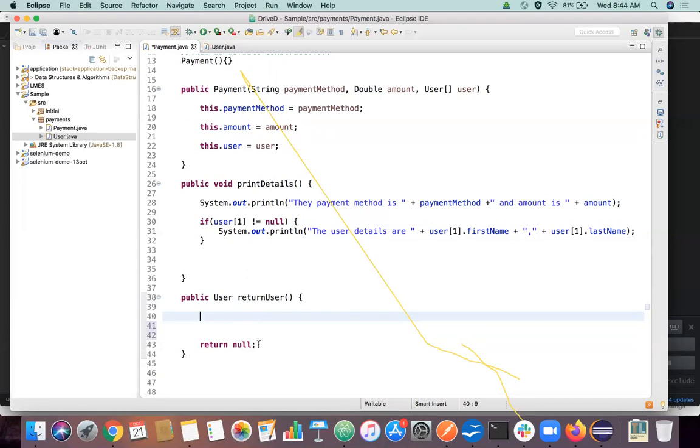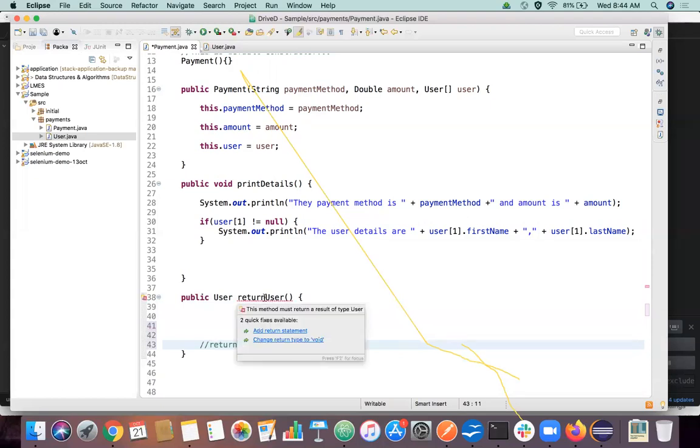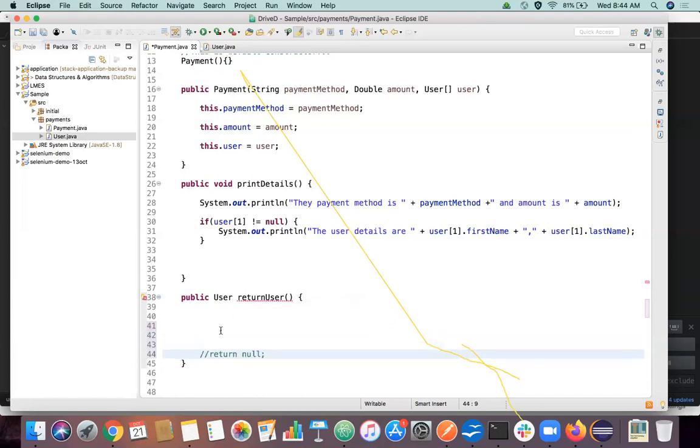We are returning null just to remove the error temporarily, because if we put a comment on this statement, it will throw some error. Let's say this return null is not there, right? We have to return something here so that this error is gone and this method is valid, right? What should we return so that this method is valid actually? Okay, let's put the question that way.